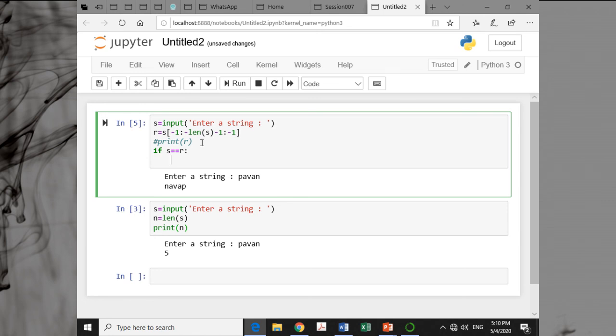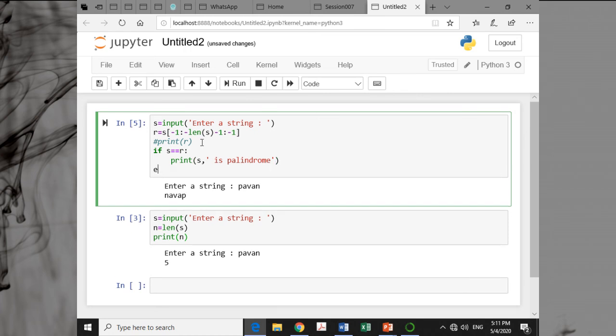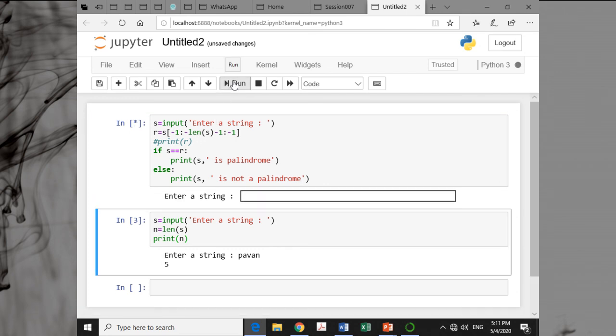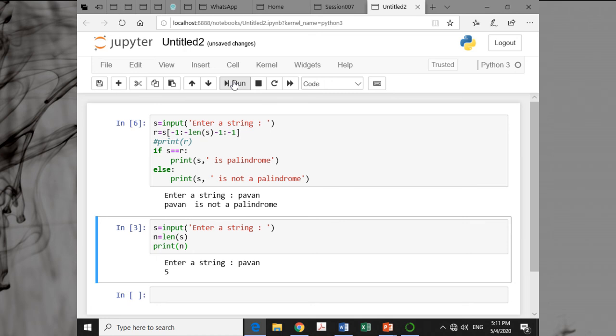If s is equal to r, then print s is palindrome, else print s is not a palindrome. So you can run, say pawan, and it says pawan is not a palindrome.